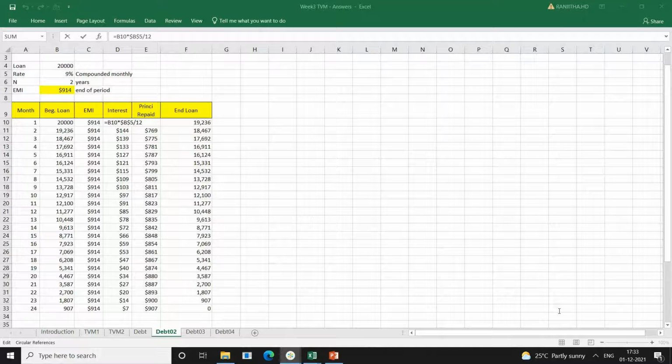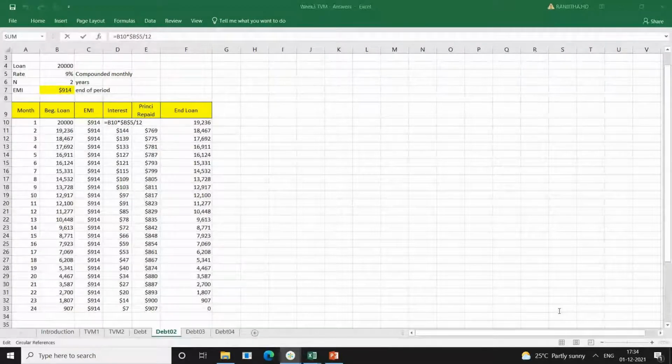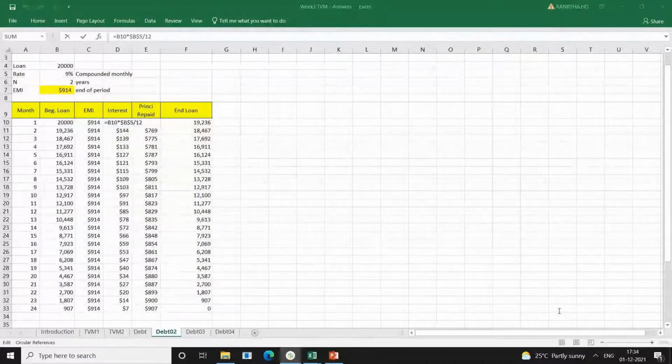Okay, so what you do is equals PMT open bracket. The first should be the rate. Rate, your cell reference B3 divided by 12, comma, n years, that is n per. It is in B4, B4 into 12, comma. Your loan amount, that is the present value, is in the cell B2, minus B2, bracket close. So this is your formula.